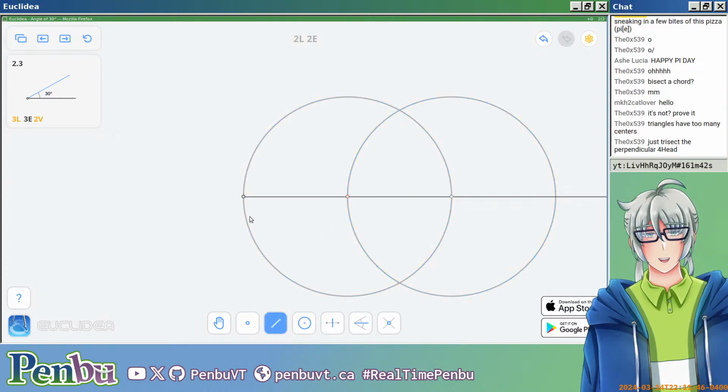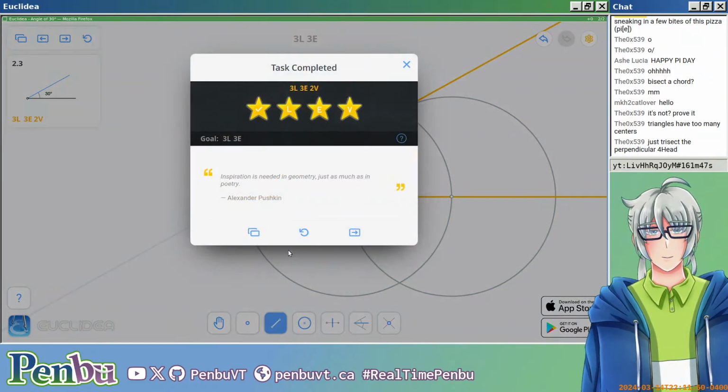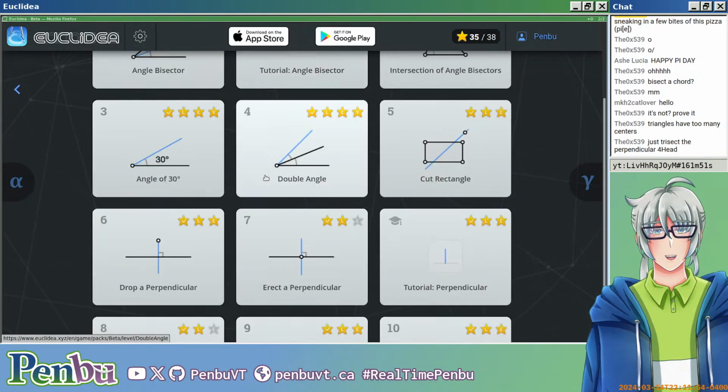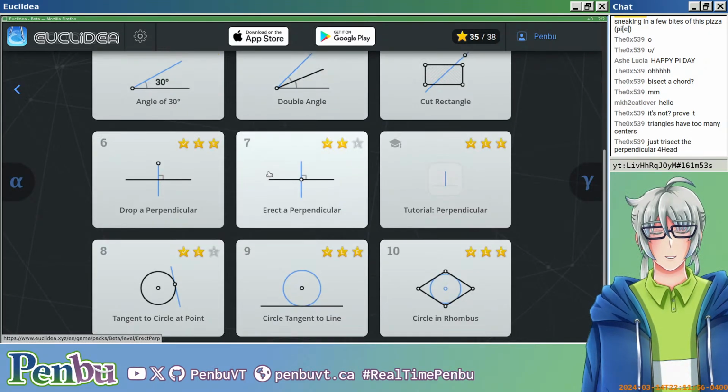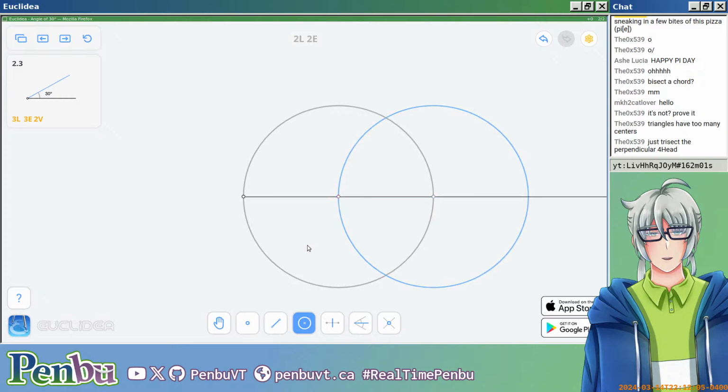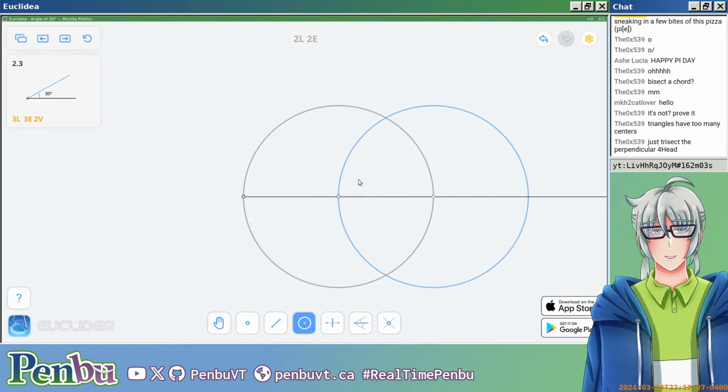This is what we did. This is how we get it into 3. I don't know why that's 30, but okay. Actually, I think we can figure that out. So the reason why this is 30 is because